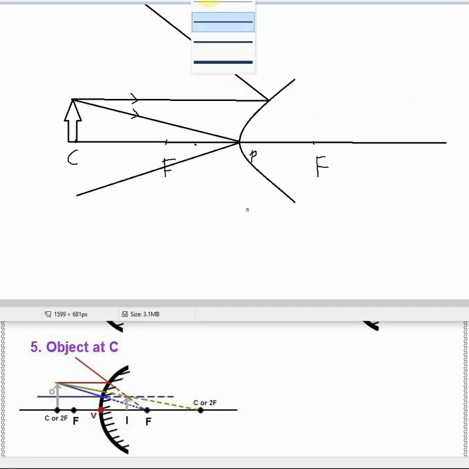So once again I will draw the virtual lines. You understand that these are virtual lines we have to draw, this one and this one. So they are the virtual lines. We don't give any arrows for virtual lines. Okay, so we can see that the two virtual lines once again meet here, and the placement is once again between P and F. So if I draw the image,